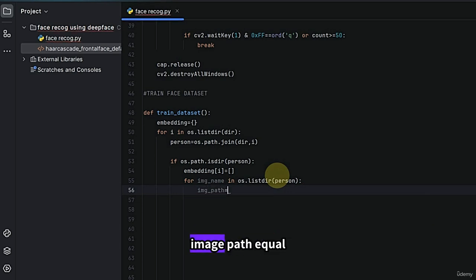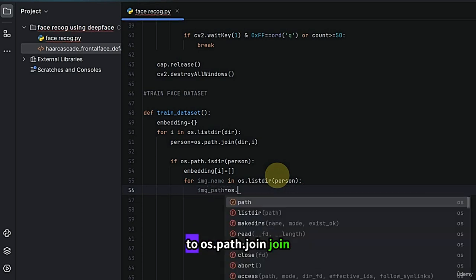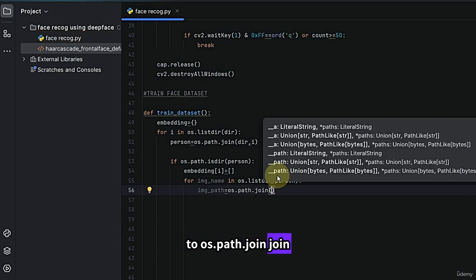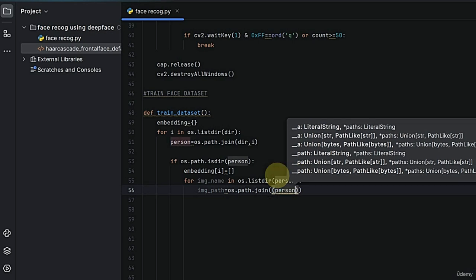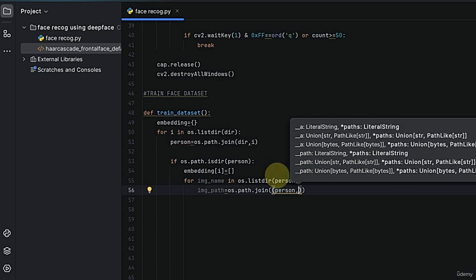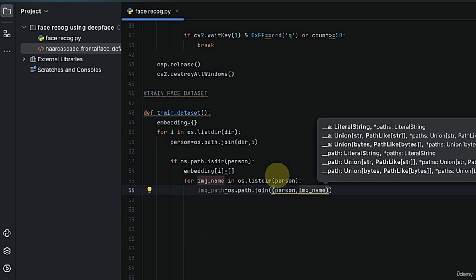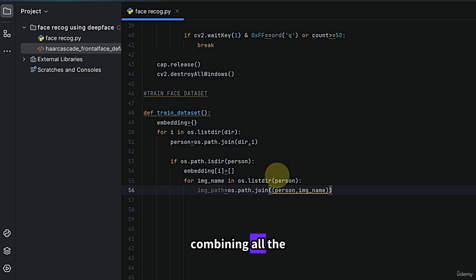And then you have to type image path equal to os dot path dot join person comma image name. So we are just combining all the values, and then we are going to